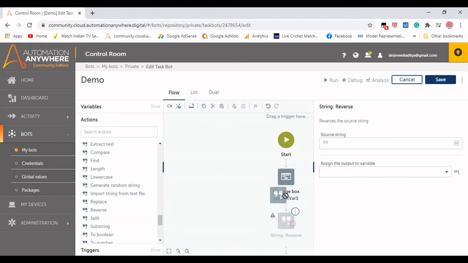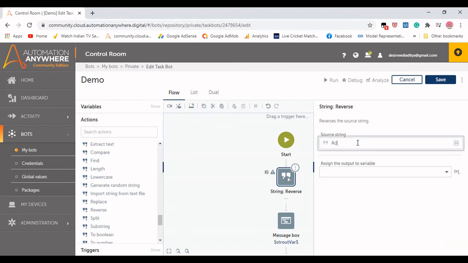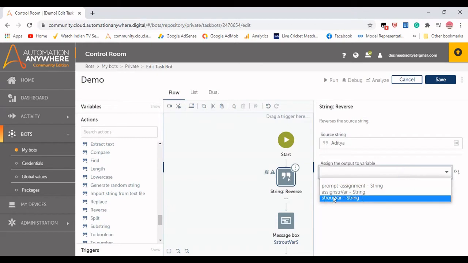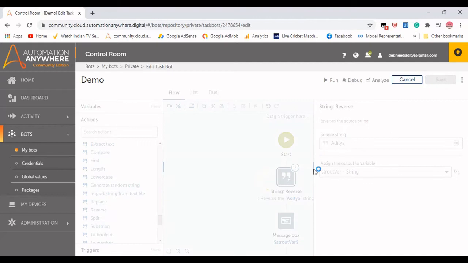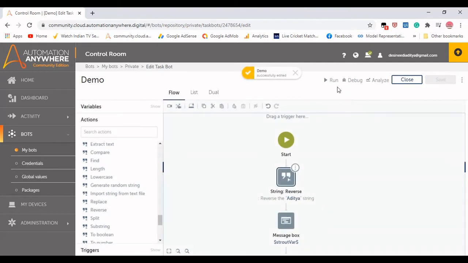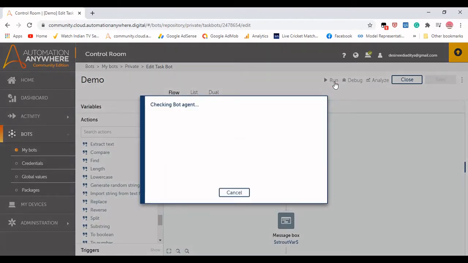Let me delete this replace command here, and now let us go for another command, which is the reverse command. Let me drag and drop it in the front. In here it is only a source string, which is Aditya, and I need to assign it to the output, which is str out. Let me save this one. It will reverse the particular string to the opposite direction.